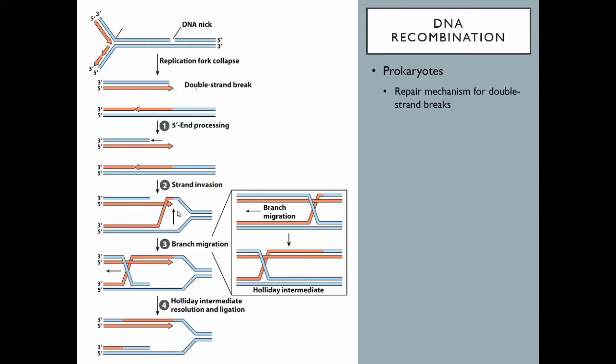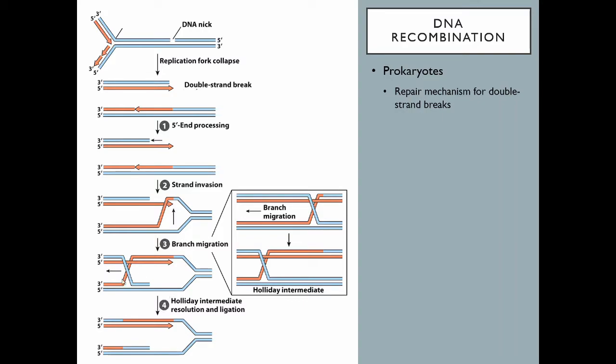And so then that forms this structure called a Holliday intermediate, where you have essentially 4 strands of DNA all complexed together like this. And this structure has the ability to migrate because the bases all along here are complementary to each other. And so this structure moves down until